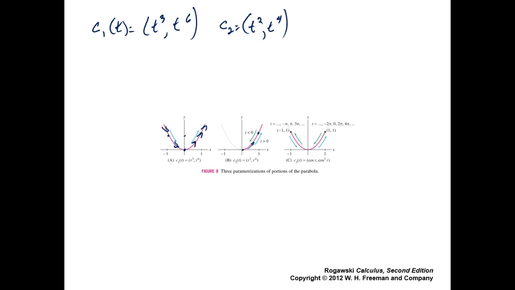Negative what? I'm sorry, I couldn't hear. I said -1. -1. So if t was -1, what's your point? It's going to be 1, 1 again. Okay. So give me another negative number. -2 would be